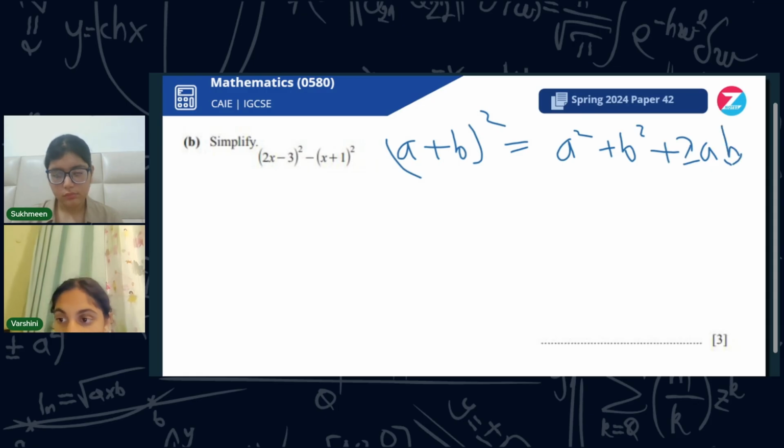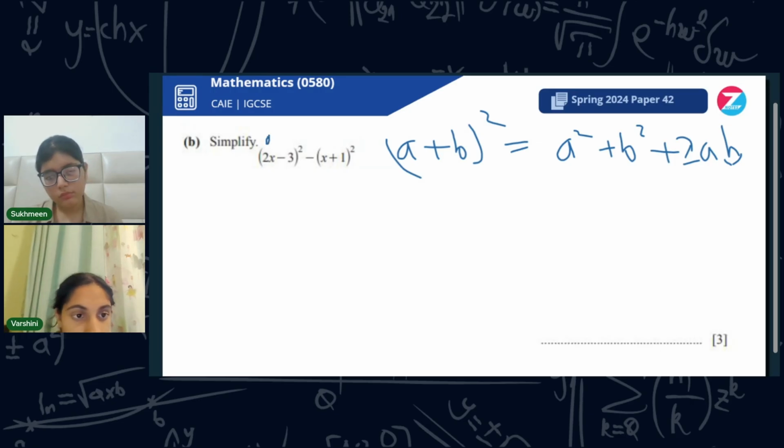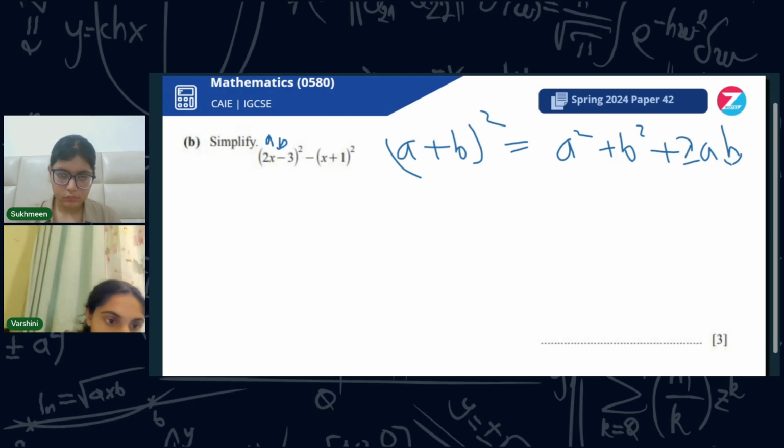So over here we have this in that formula, in that format. So we know that over here 2x is a and minus 3 is b. So now it's going to be a squared plus b squared plus 2ab. So a squared is nothing but 2 squared and x squared, which is 4x squared, plus b squared, which is minus 3 squared. And if you put that in your calculator or just do it manually, you should get 9